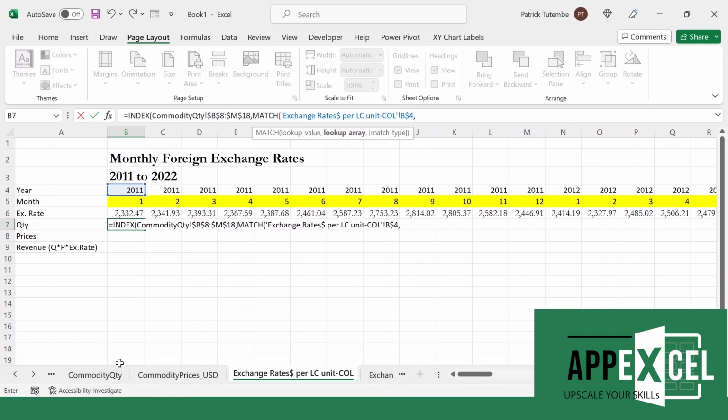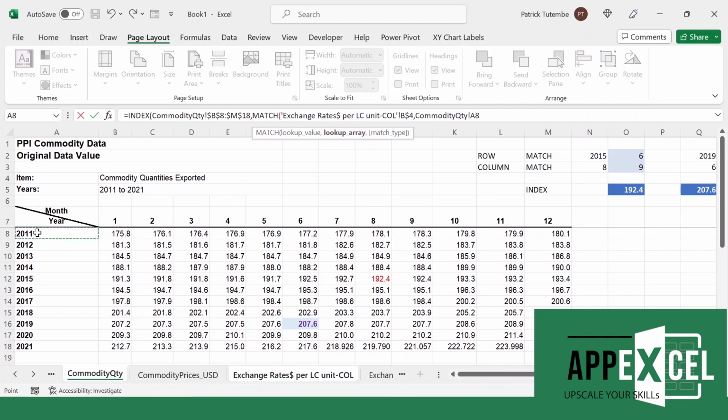Then the lookup array is none other than, remember that if your index starts from B8, your lookup array should also start from row 8. So lookup array is B8 to B18. We lock by pressing F4, and then we put a 0 as an exact match identifier. We put a comma, so for the column we use a match again, and now we go to